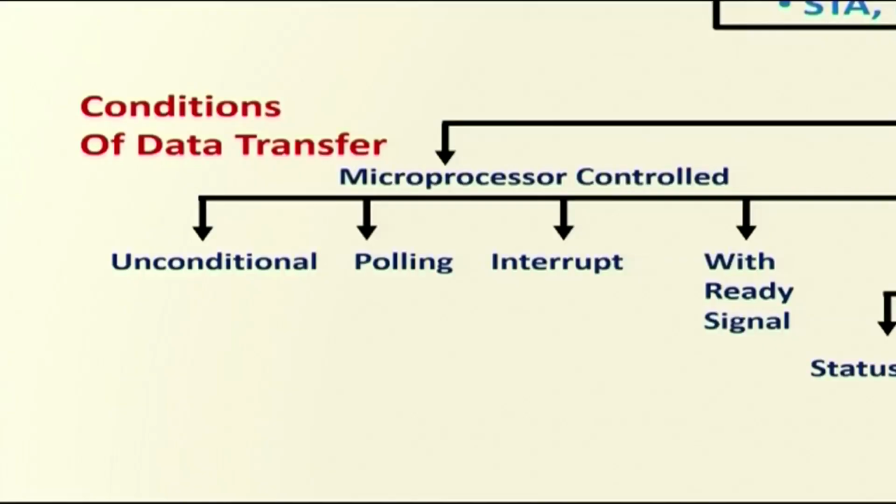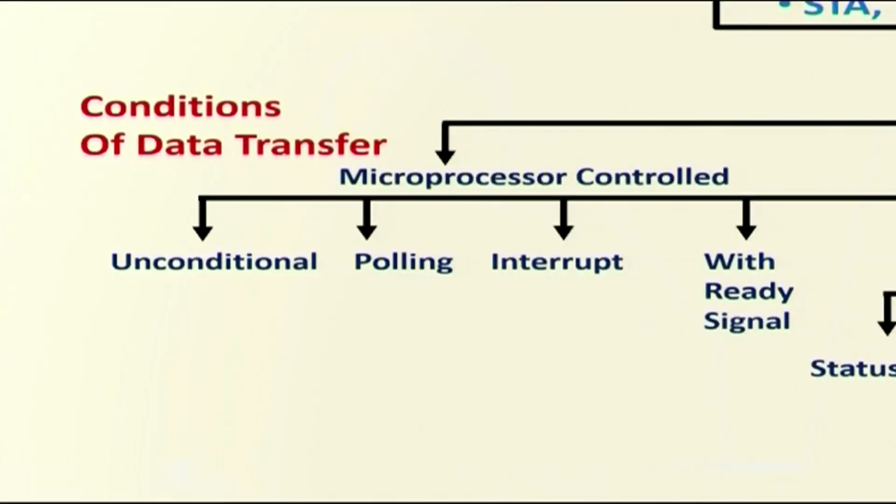The another one is interrupt IO. In the interrupt IO, the data is serviced by the processor on a demand basis. When the peripheral has the data which is ready for transmission, then it will interrupt the microprocessor. Now, the microprocessor completes its work, then switches over to the location where it wants to read or write the data. It will complete its task, then return back to the proper place in the main program. So, during that time the microprocessor does its current work without often checking and without wasting time, that is the interrupt control.